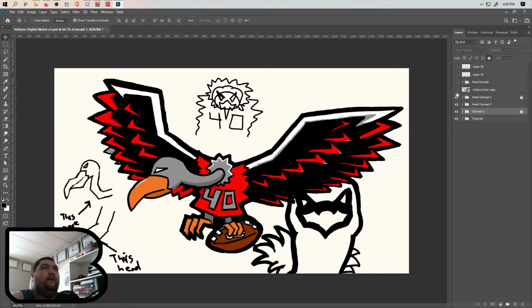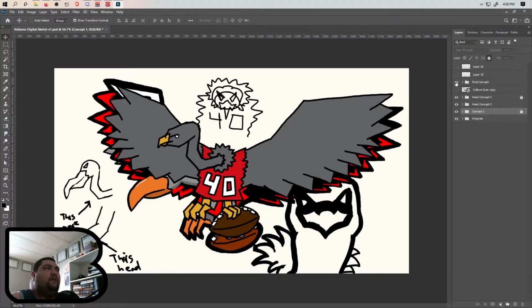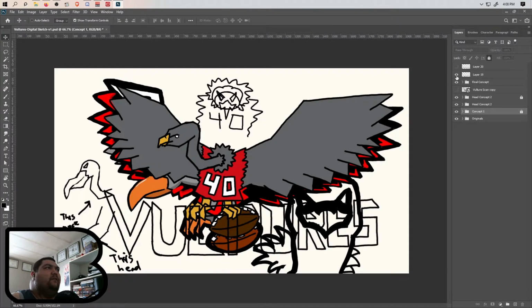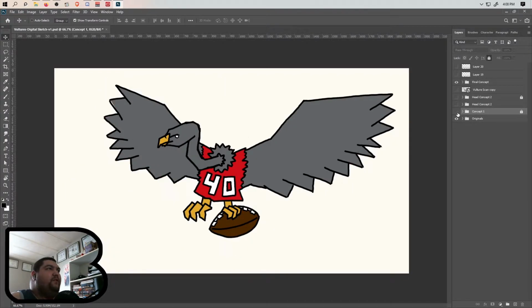Let's see here. This one, and I didn't remove those. So this is what I ended up with. See how the neck is? Yeah, you can see the neck here, and then the head, right? This was much more like, this feels so much better. So this is where I ended up in this process of